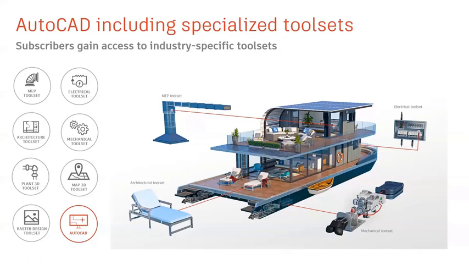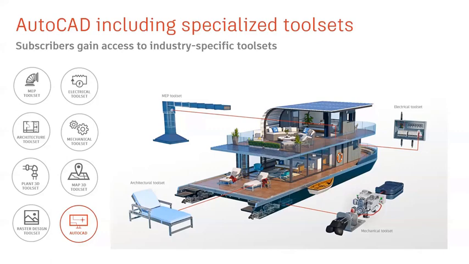Why not take the advantage of AutoCAD MEP, AutoCAD Architecture, AutoCAD Electrical and Mechanical, which add thousands of intelligent industry-specific objects, styles, and features to your application. With these verticals, you always have the right tools at hand. And the best thing is you can keep on working in a familiar AutoCAD interface. So it's not only the right AutoCAD for you, as I said at the beginning, it's actually the right AutoCAD for the jobs that need to be done. And I will show you on the next slides which benefit